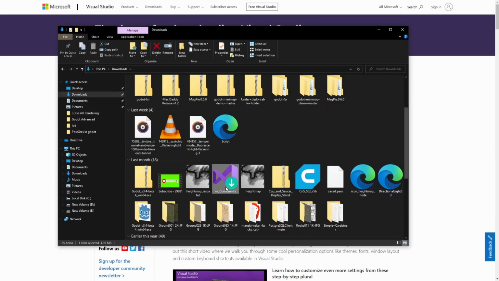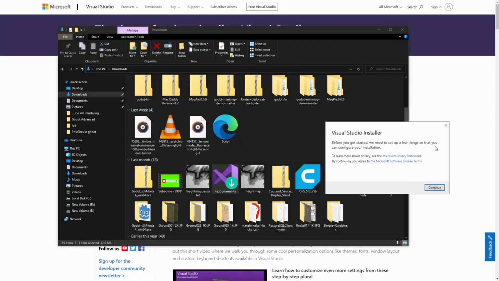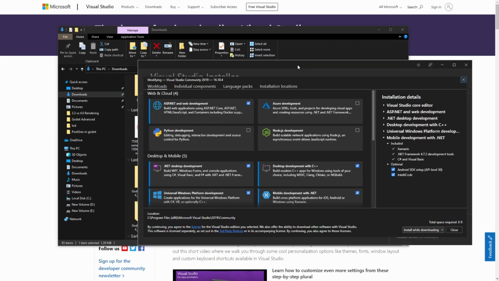Now that we have our VS Community Edition pulled down, if we double click on it, you'll see that it's going to extract it and allow us to install. I already have Visual Studio installed, so it's not going to run through the proper setup procedure, but I can show you what you need to download. Run through the Visual Studio setup, and once you get to this point here,